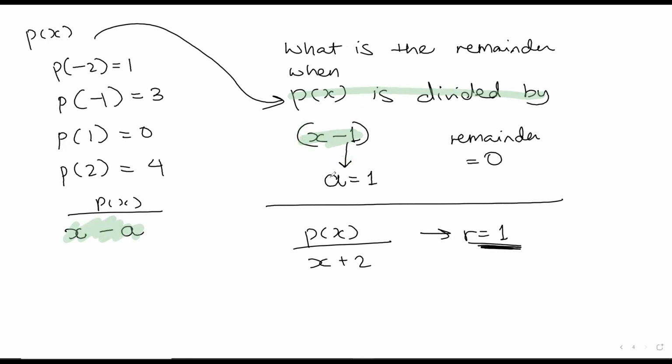That's right. a is equal to 1. So the remainder will be what, Mridula? P of 1, right? Yes, ma'am. So the remainder is going to be P of 1. Can you look over here and tell me what P of 1 is giving you? Ma'am, 0. Exactly. So that is how we got this 0 over here. Is that clear, Mridula? Yes, ma'am.